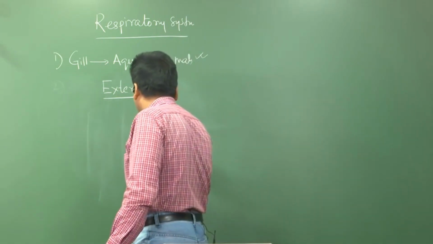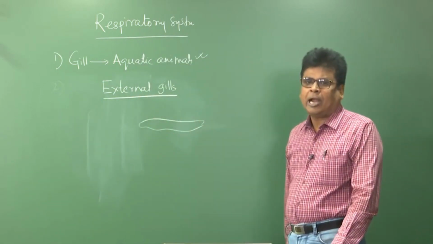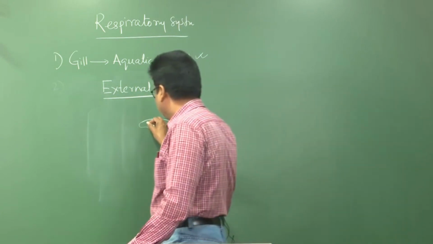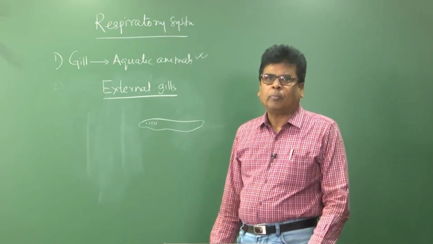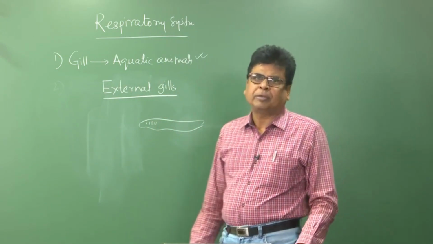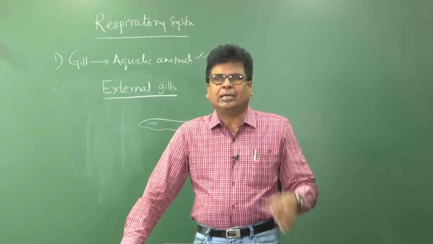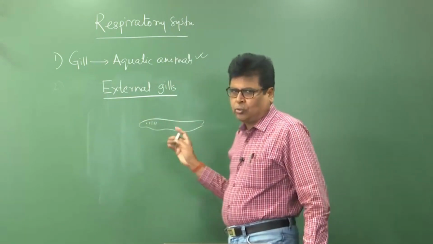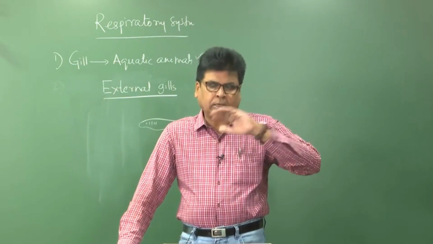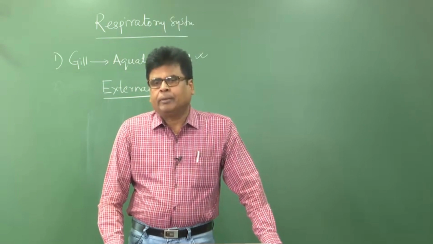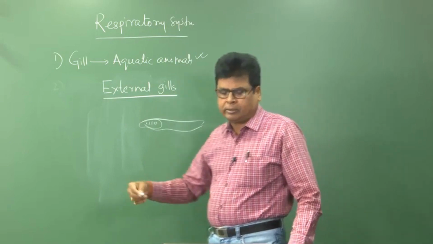For example, this is one larva, the tadpole larva of amphibia, and we know there are the visceral arches. So during our study of evolution of visceral arches, we have studied that more than 5 pair of gill arches are there. The first one is mandibular, then the hyoid, then the branchial gill arches are there. So, these are the gill arches. So, what happens? In larvae of most amphibians, the integument, the skin or covering, the outer surface of the visceral arches, so these arches are covered by the what? The integument.